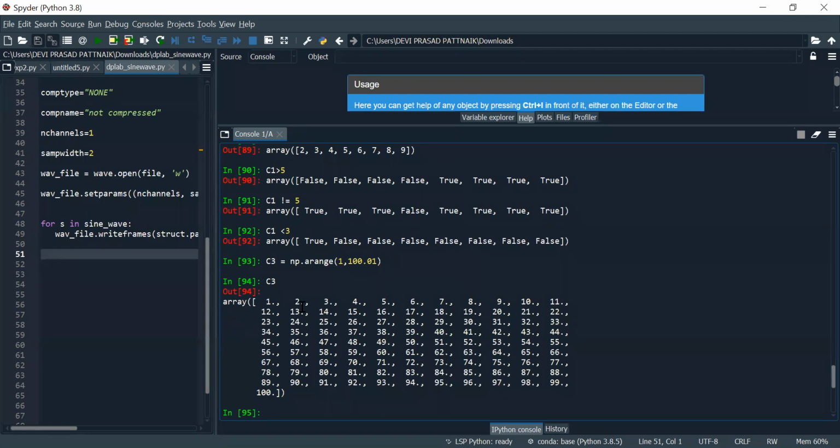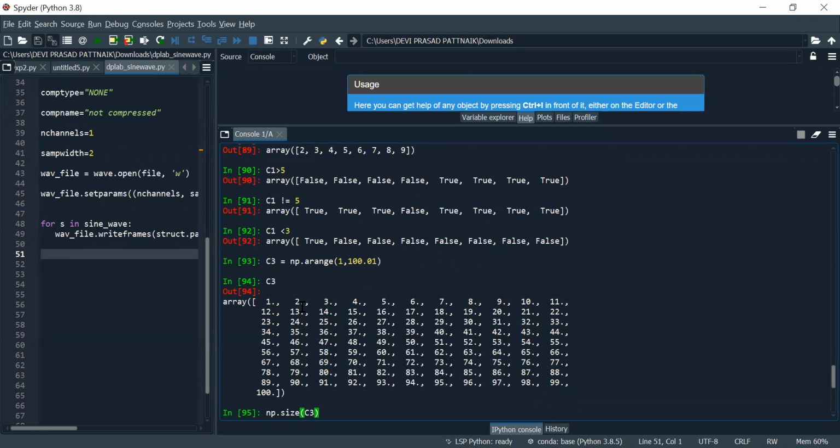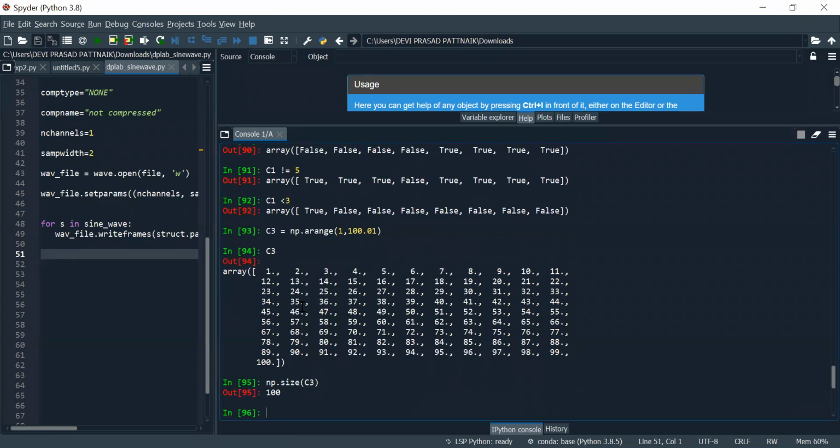How many elements does C3 have? How to find out? Let's check. np.size of C3 returns the number of elements the array C3 has. Right? np.size of C3.